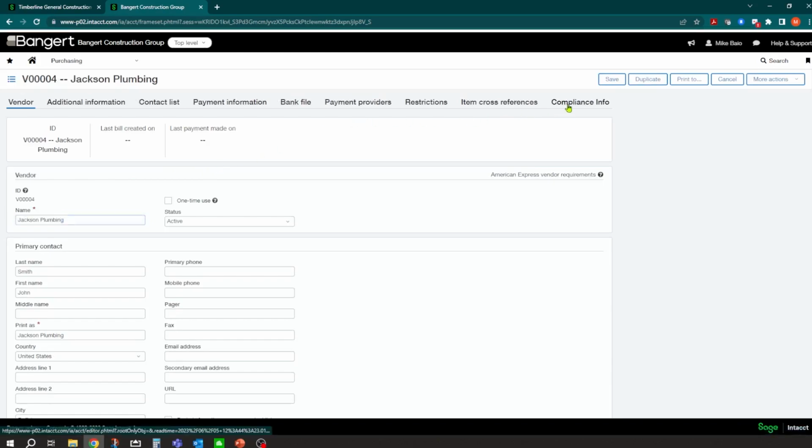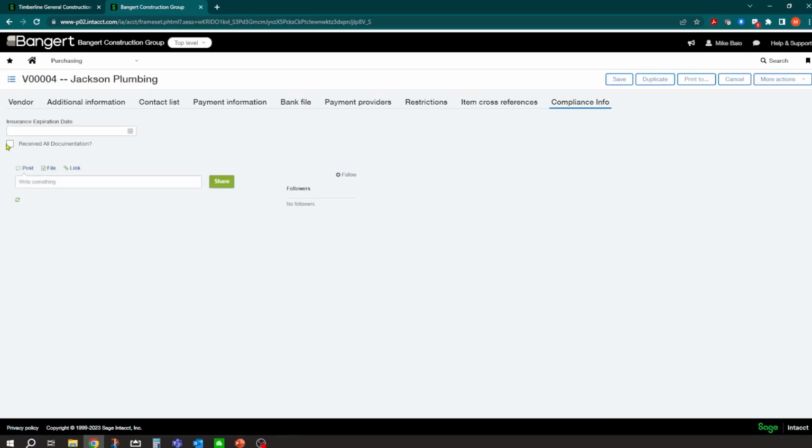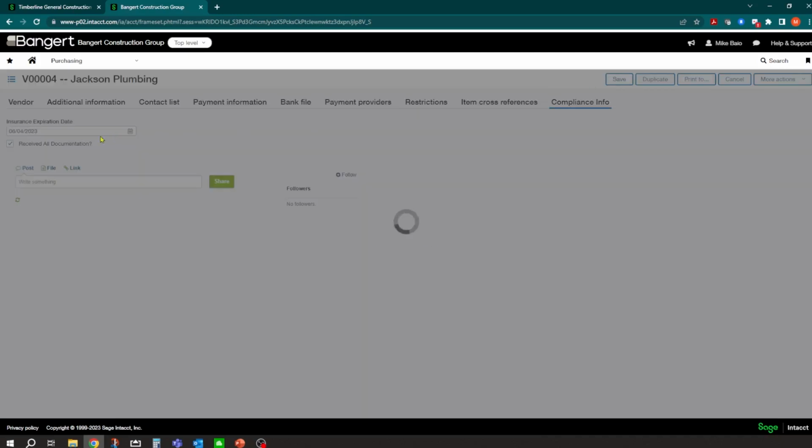And you'll notice over on compliance info, I have a new box here, received all documentation, and I have an expired insurance date. So let's fill that in as 6/4, and we'll say, yep, we received all documentation. So you could run smart rules before you pay that vendor, if that's checked. So just simple things that you can set up here, and you could report on all of these.